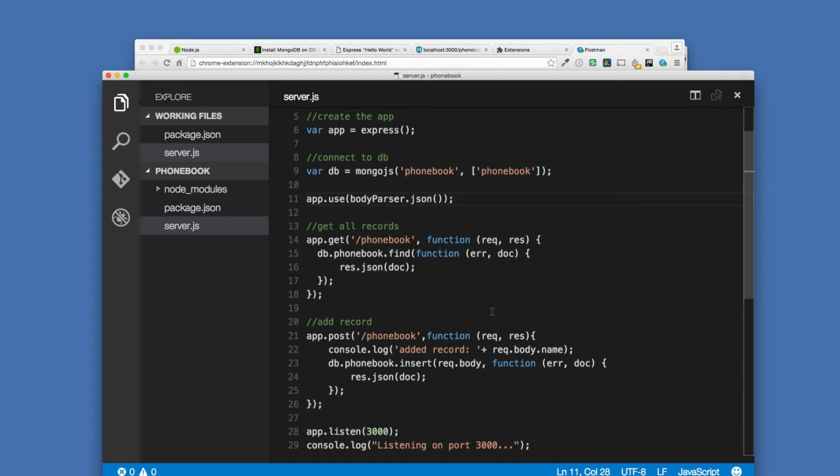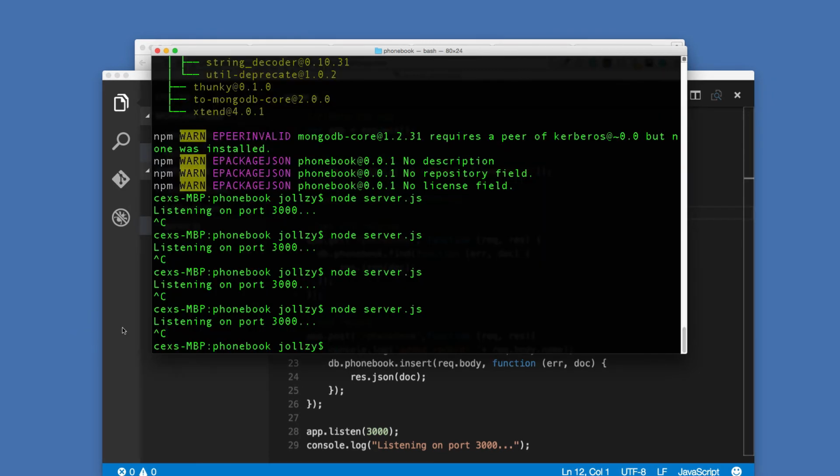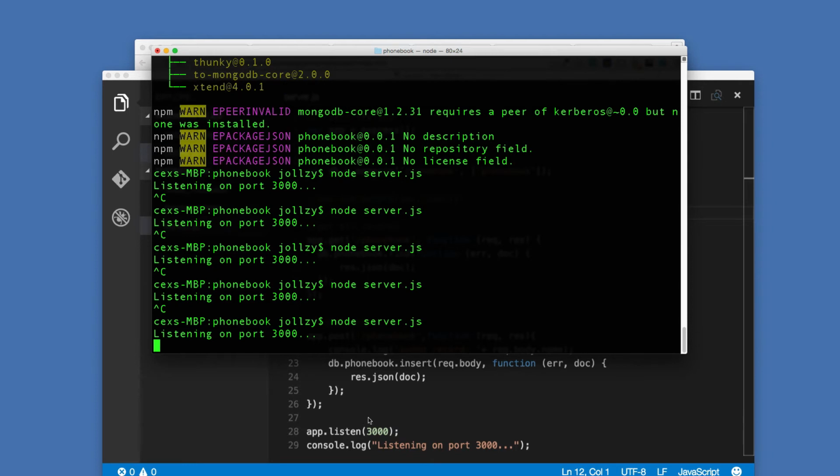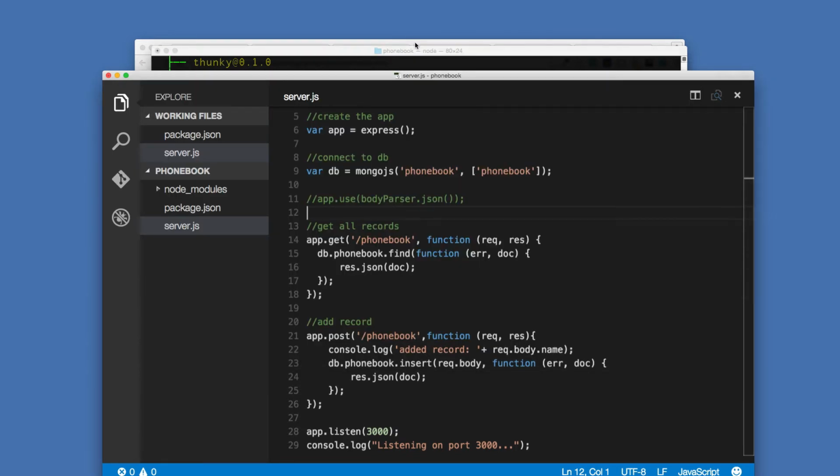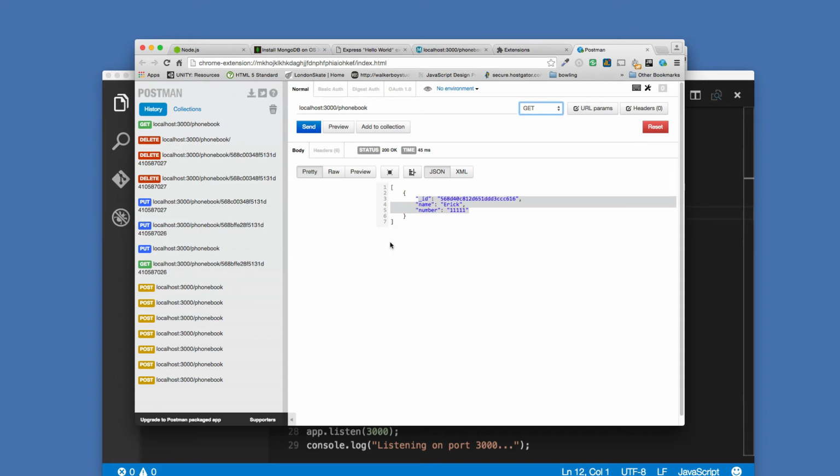You're going to need to have a body parser to parse the body that we're getting from the request. So let's just comment it out for now and run your server. And let's go to Postman. So let's say we want to add some record to it. So you copy that, and